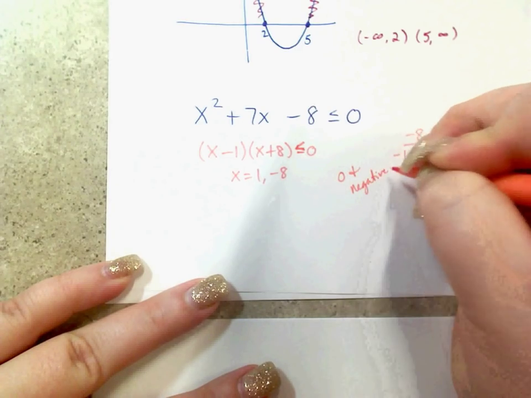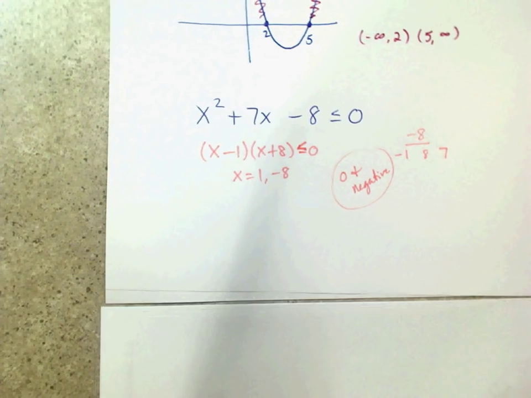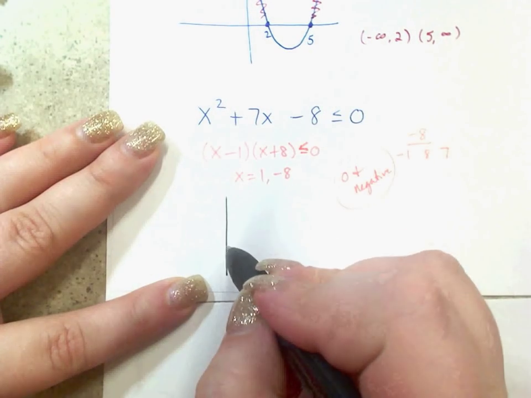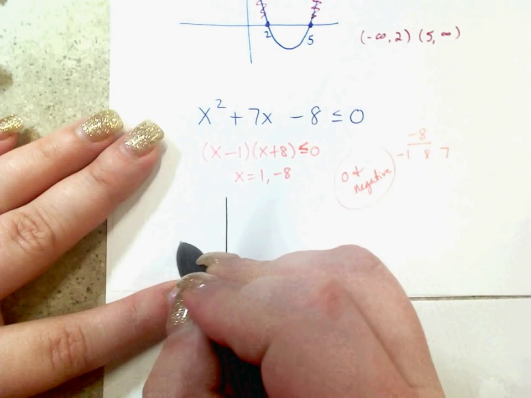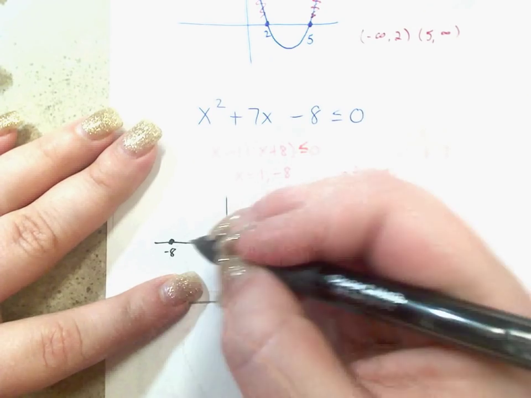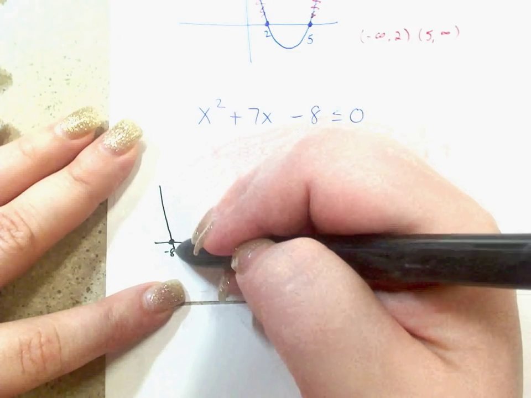Those are my goals. Okay, so I've got a parabola. Again, it opens up, and it has roots at negative 8 and at positive 1. So I've got some kind of parabola that does this. It comes down